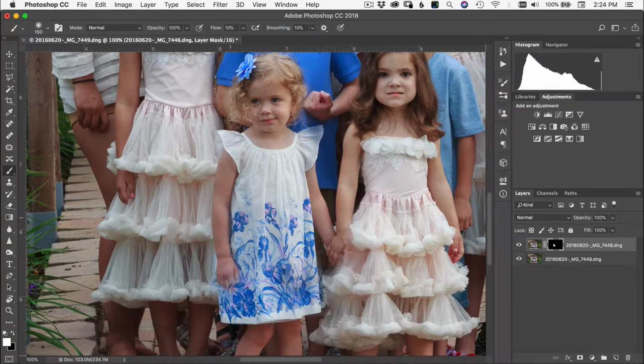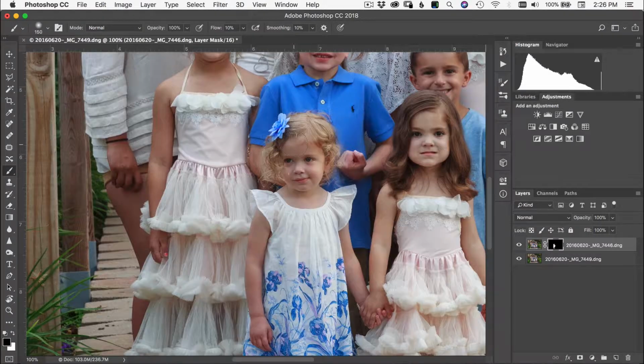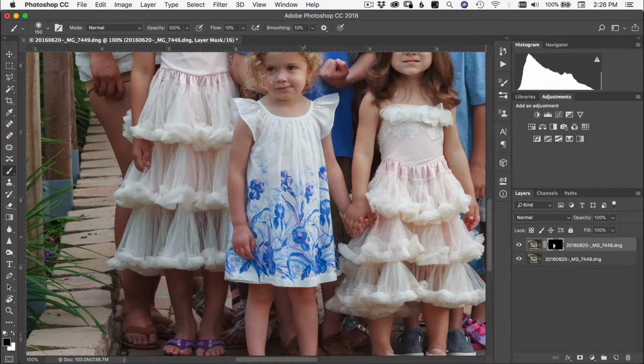Now, sometimes you're going to have to go farther than just the face to blend everything in. It depends how much people move and whether they're just blinking or if they're turned, as this little girl was. So you just keep blending it in until it looks like a spot that makes sense. Now that we've got most of her face and body showing and we've blended it in, what I